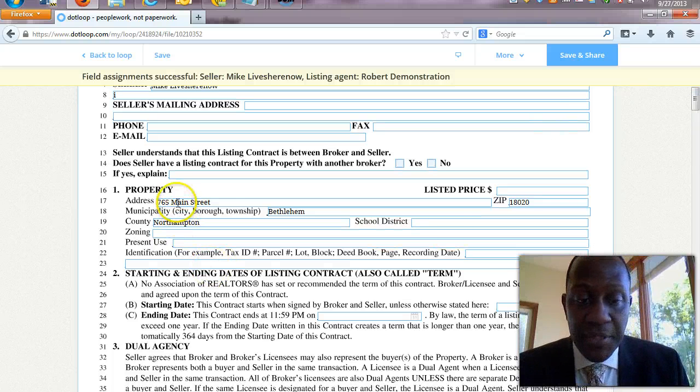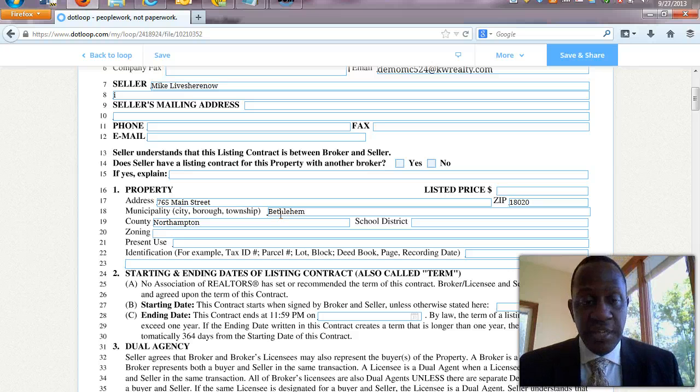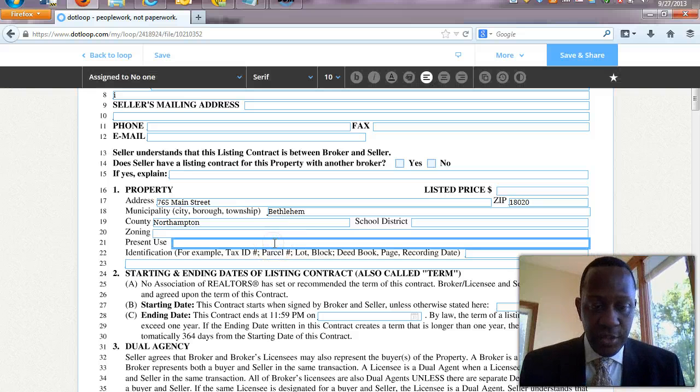Now this, the property information, some of that was filled out for us, and the reason that that was done was because we did that under edit details. So if we had more information, like if we knew the listing price that we're going to list it at, we could have had that in there, and that would have been filled in here for us as well. So we would go ahead and fill in, you know, the other information. Of course, I'm not going to do all that now, but